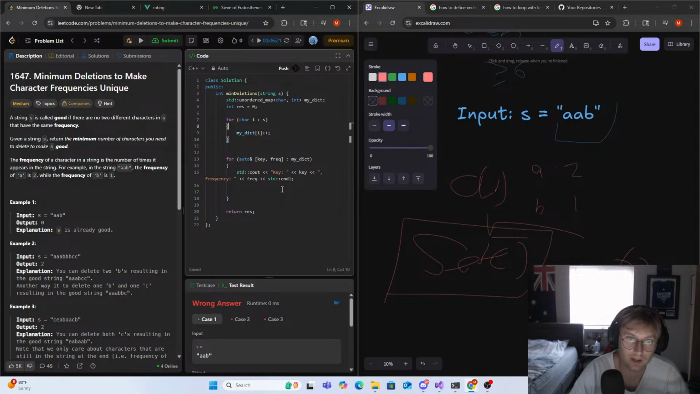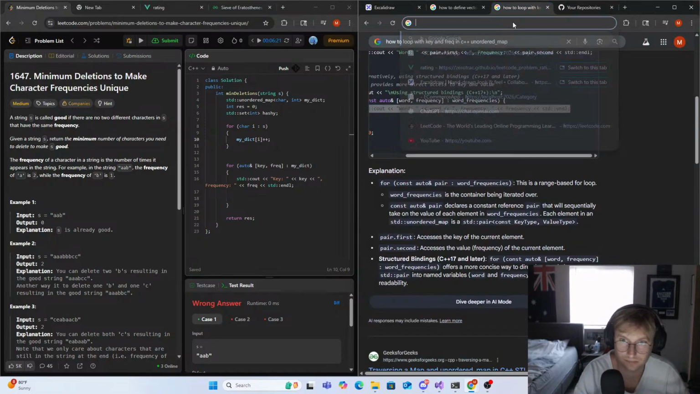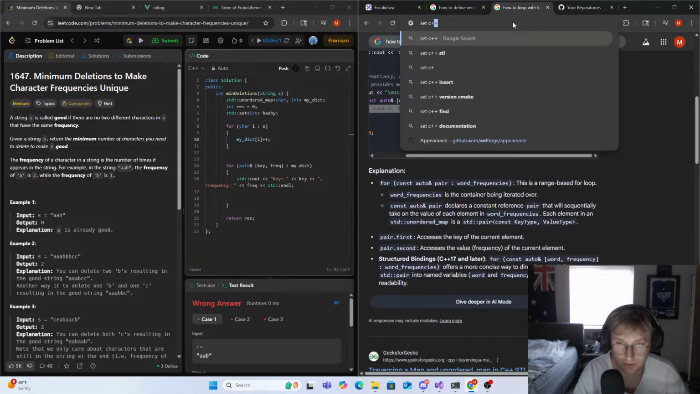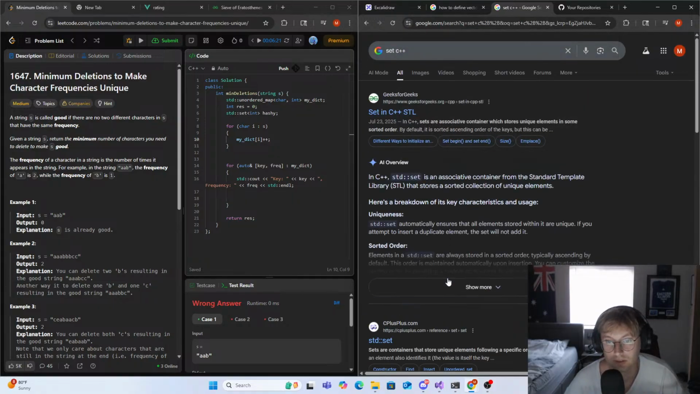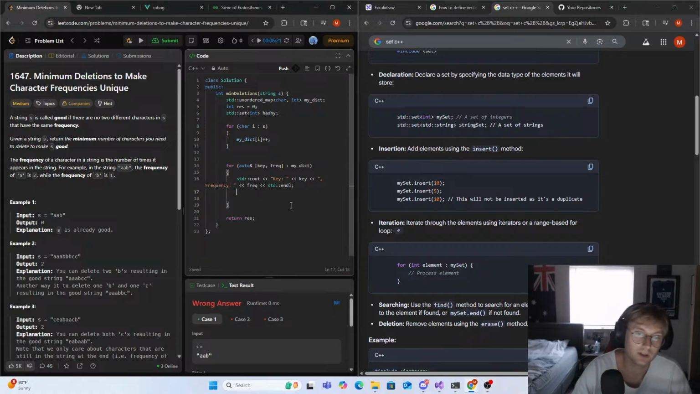we can define our set here. std set, int. Let's just call it hashy. I think that's how a set works in C++. Let's see here. std set, yeah, that looks right. Okay, right, so here we can check if